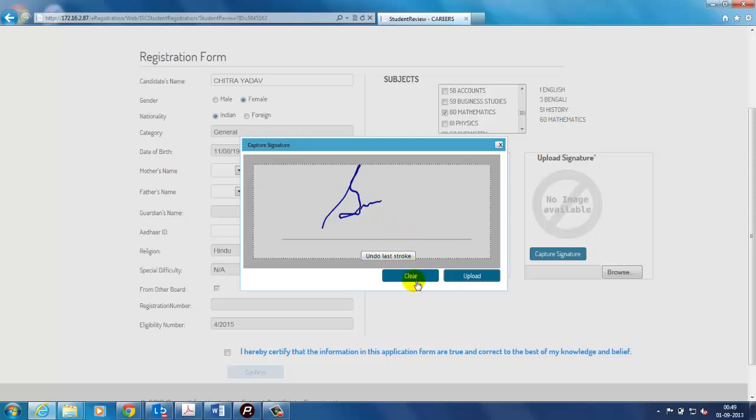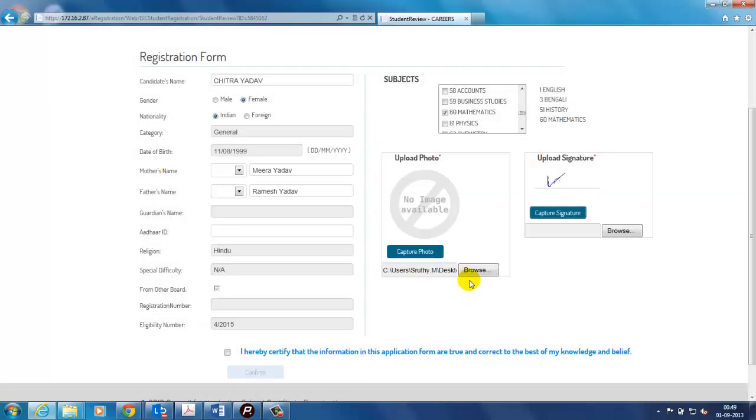Clicking on Clear, signature gets erased and user can ask the candidate to sign again and again until the signature is properly captured, and finally signature can be uploaded by clicking on Upload.